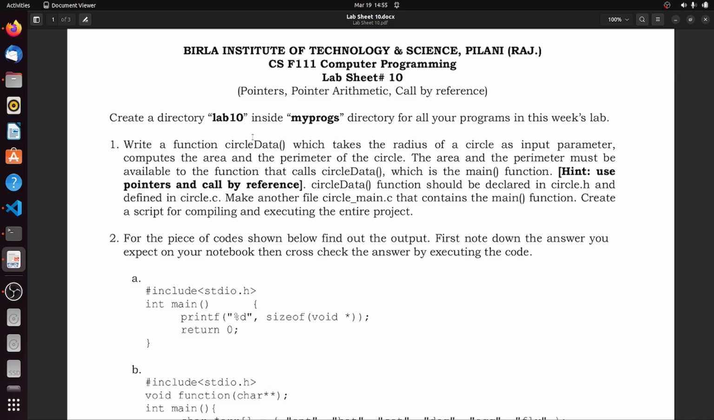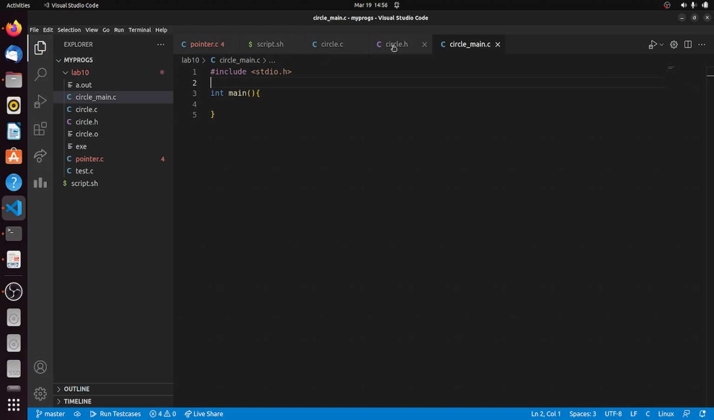So we know whenever I pass a variable in a function, it creates a duplicate copy of that variable. So whatever I change in the function body will not affect the original variables. To overcome that, we use call by reference. So what exactly call by reference means is,